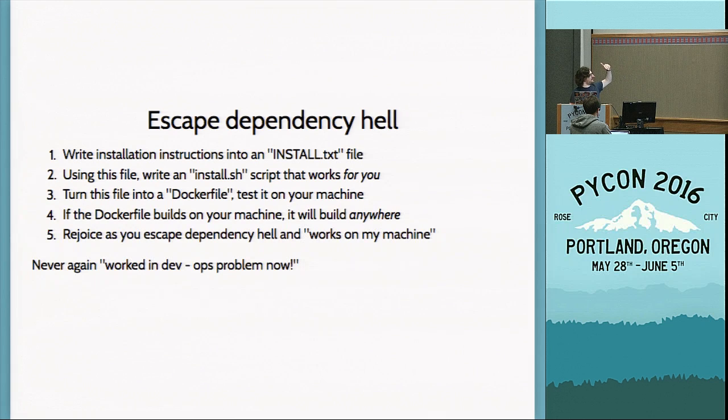So the idea is that with Docker, you can go to the next step and turn that little installation script into a Dockerfile. And the key difference between an install script and a Dockerfile is that in the beginning of the Dockerfile, you say FROM this. So you indicate what's the starting point for the installation process. So you say this script is supposed to execute in a Debian 7 system, or a CentOS 7.1 system, or a Fedora, and so on and so on. So that way you can agree on the starting point, and all the instructions after that will work correctly. And then you can share that recipe, that Dockerfile, with anybody, and they can build it and run it,